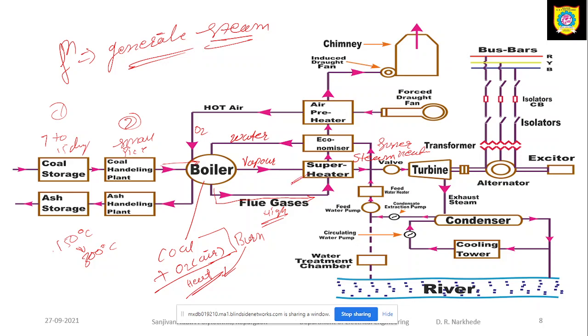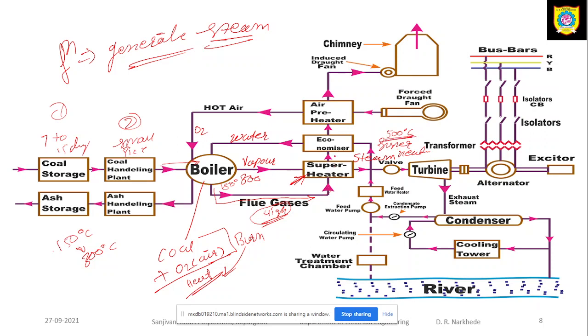One is called the superheater. In the superheater, what are we going to do? We are going to increase the temperature of the steam and convert it into superheated steam. The temperature before the superheater is nearly 150 to 300 degrees centigrade, and after the superheater the temperature of the superheated steam may reach up to 500 degrees centigrade. How does it reach that? Because of these gases. The heat of these gases is extracted in the superheater, and the temperature of the steam is increased up to 500 degrees centigrade.